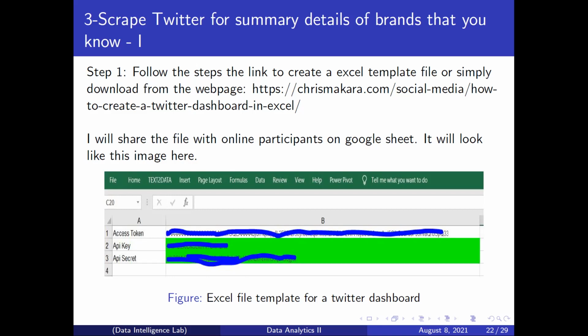These are the steps for you to follow to know the brand, the last tweeted message, and the number of likes they've had on their messages, or number of dislikes. Then you also want to know the number of followers they have,